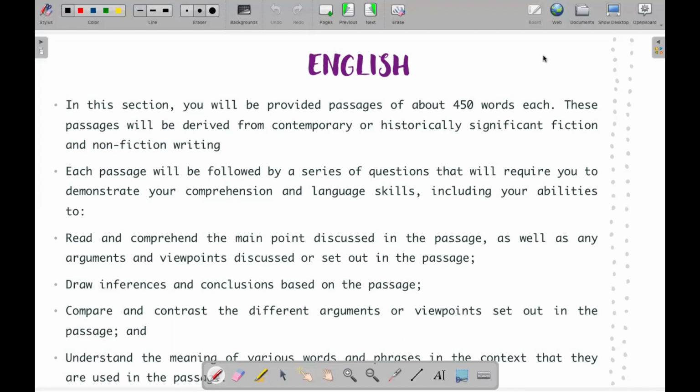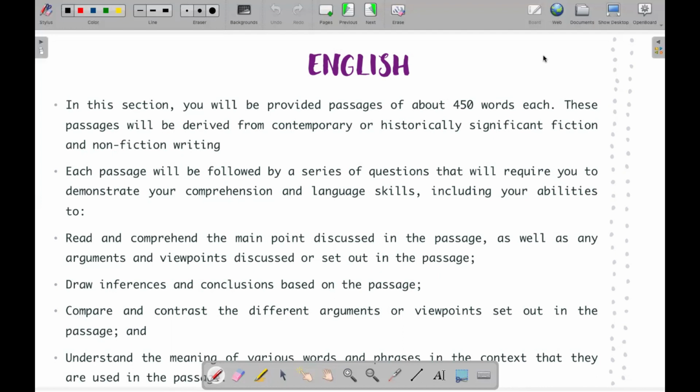To hone these skills, this is not something you can develop overnight. This is something which will develop over a period of time. So your focus has to be to read as much as possible on a daily basis. Now, as I said, in CLAT these days, they only ask reading comprehension questions. They don't ask grammar questions or direct vocabulary questions, but having good command over language is a very important thing.